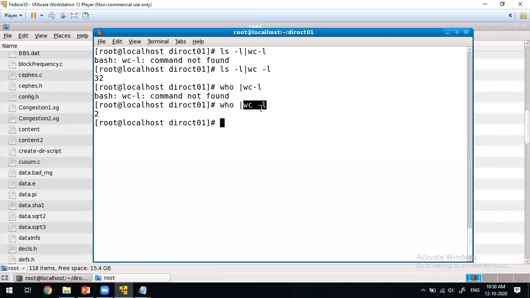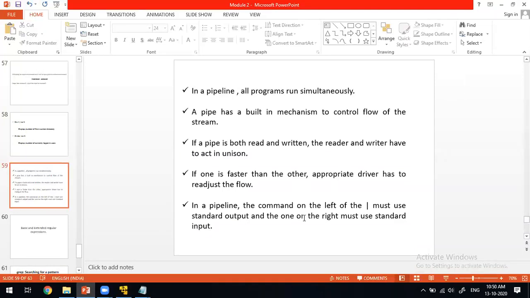Directly it is not going to give; it gives it to the standard input file, and from there it will be read by wc -l. That is what I said: the control of the flow of those streams. Stream is nothing but the standard input file and standard output file. It has to be adjusted, and that mechanism is already built in within the pipe.